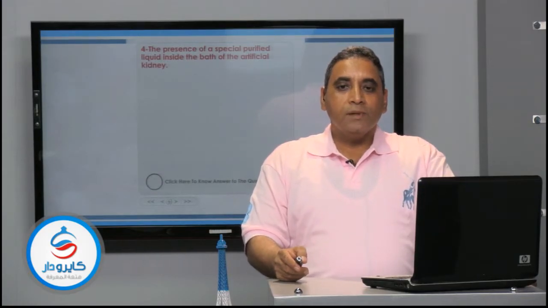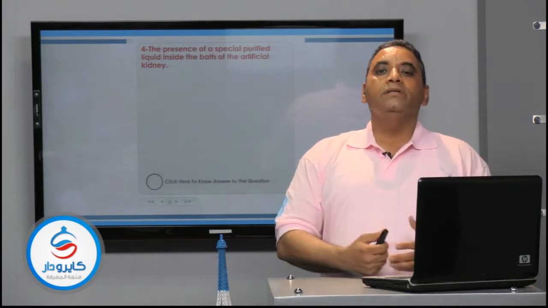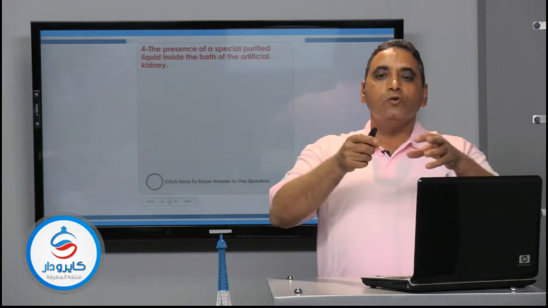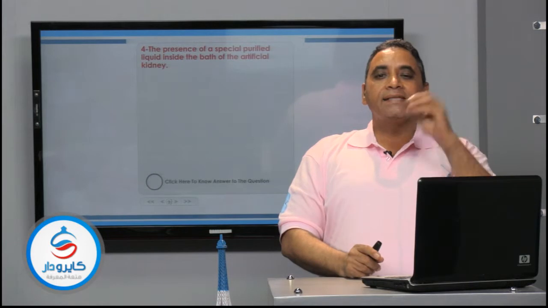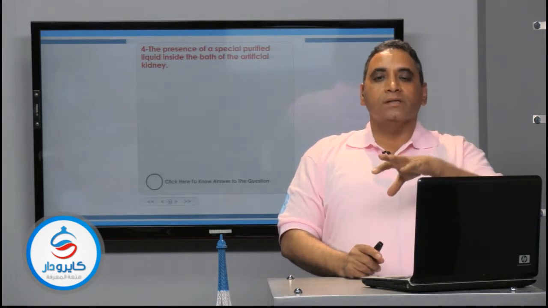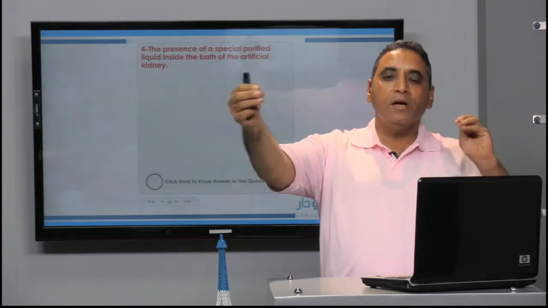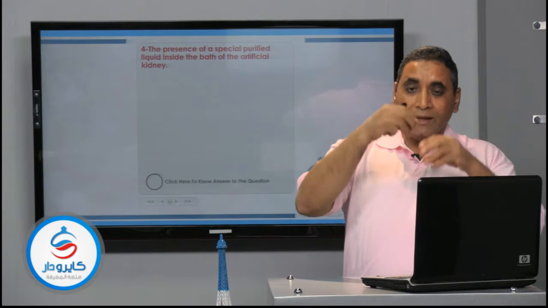The presence of a special purified liquid in the artificial kidney. The path of the artificial kidney contains the fluid which is called the dialysis solution. The dialysis solution contains all the plasma components except the urea and the salts. So the plasma which passes through the selectively permeable tube inside the artificial kidney, or the blood of the patient,